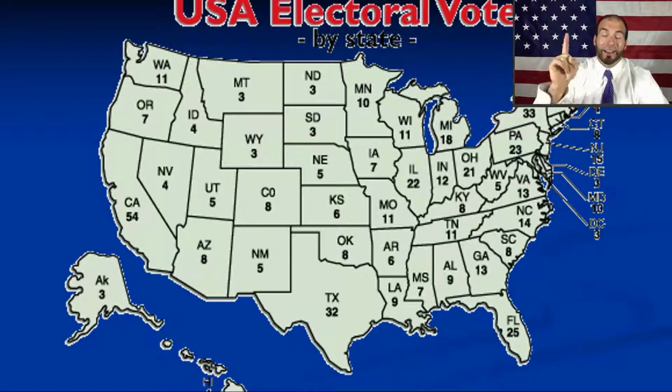Here's why. It's a check and balance on the American people. The American people, they didn't trust them at the Constitutional Convention. They thought they might be squirrely, they might be dumb, and because of that, they didn't want the people to make the final say-so. So this is a check and balance on the American people.